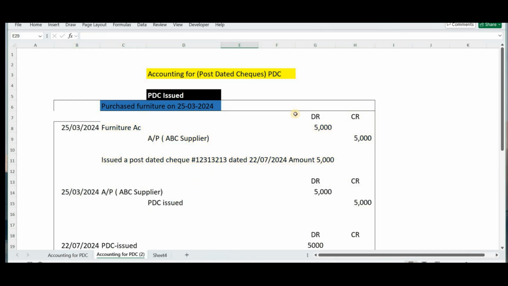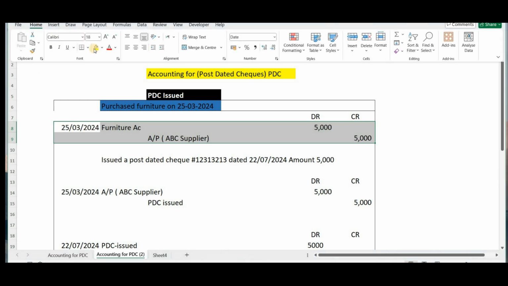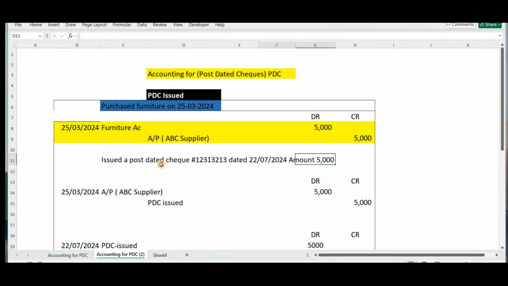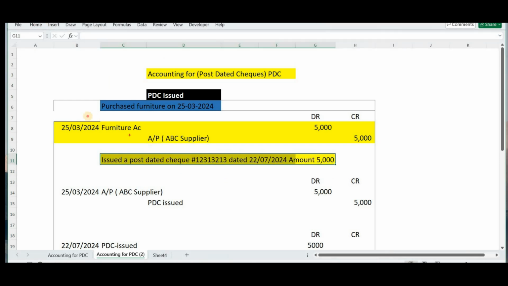So now with the same example, suppose you have purchased the furniture on 25th of March 2024 with the amount as 5,000, and you issued a check of 5,000. You issue the check on 25th of March and the date of check is 22nd of July 2024.